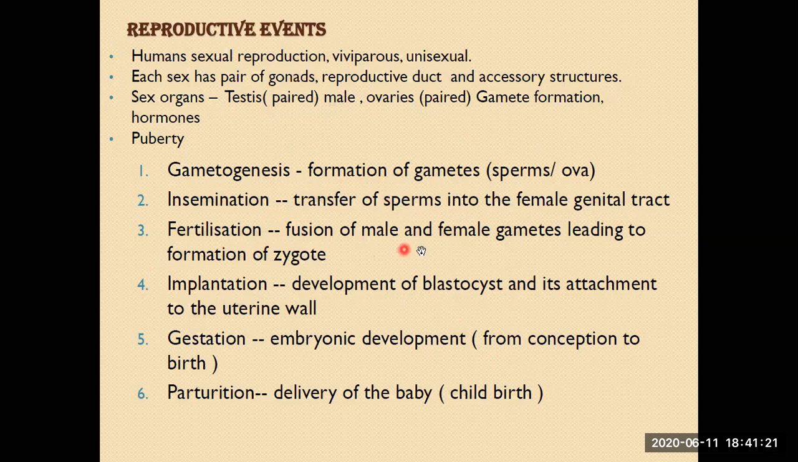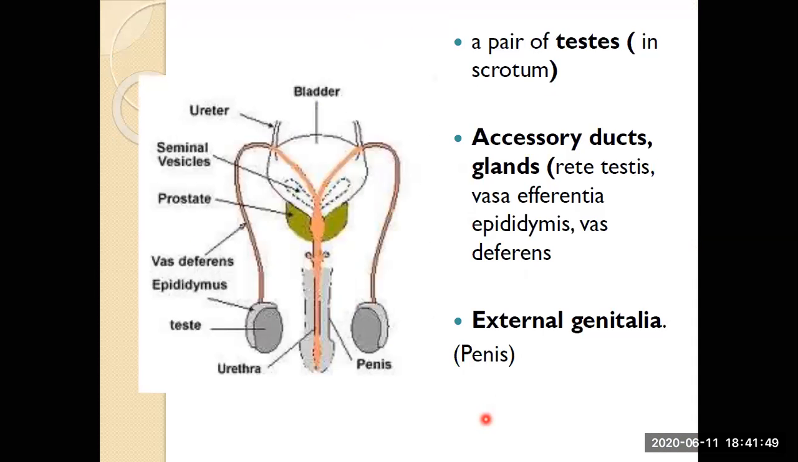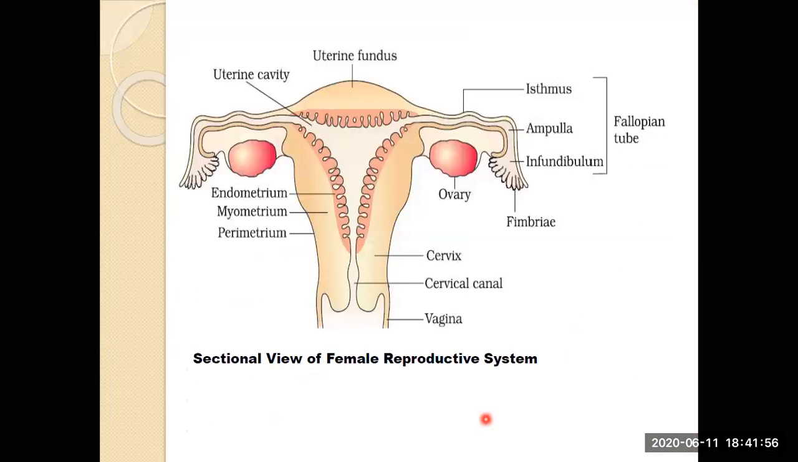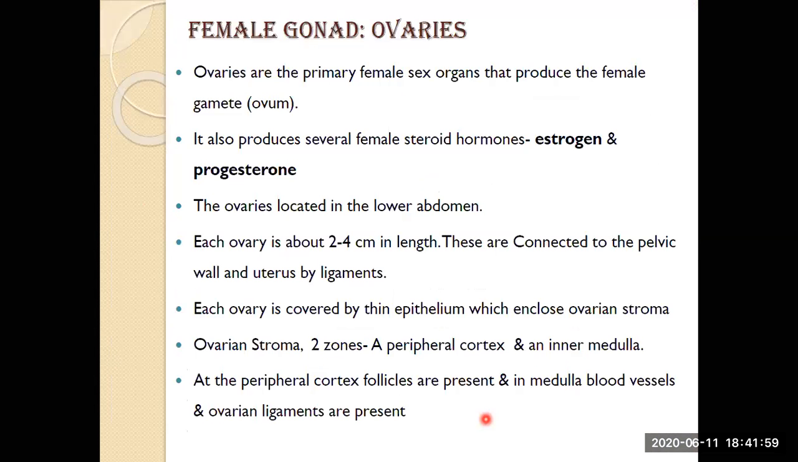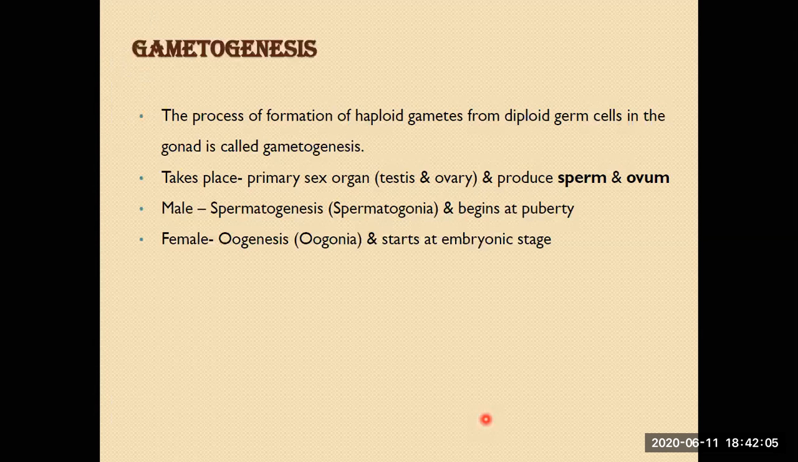Then fertilization, the fusion of male and female gametes. Then the zygote implants itself, in the stage of blastocyst, into the wall of the uterus, which is known as implantation. Then the embryonic development over 9 months is known as gestation. And at last, the process is parturition, that is delivery of the baby, and the lactation process, that is the production of milk from the mammary gland. We have studied in this chapter the male and female reproductive systems in detail. And then we studied different processes like gametogenesis, spermatogenesis, then oogenesis, and after this, the fertilization process,